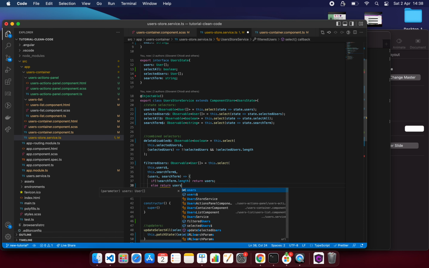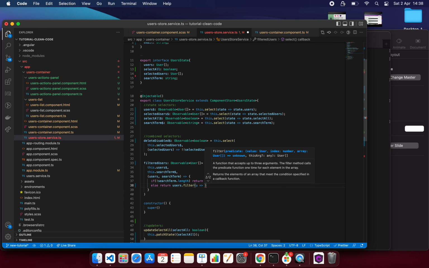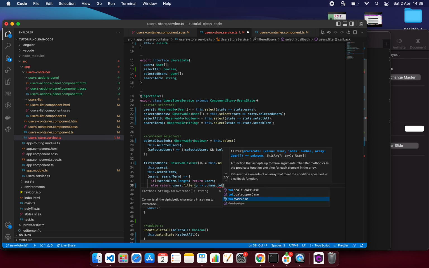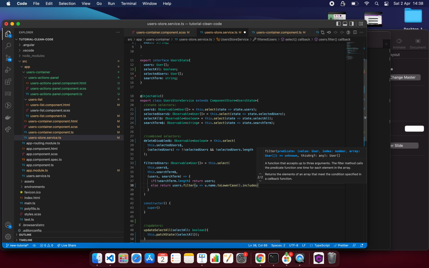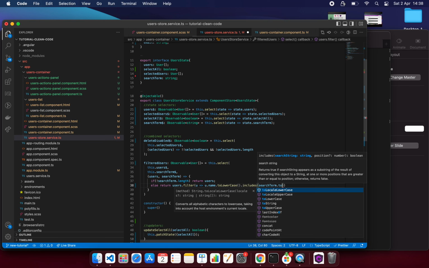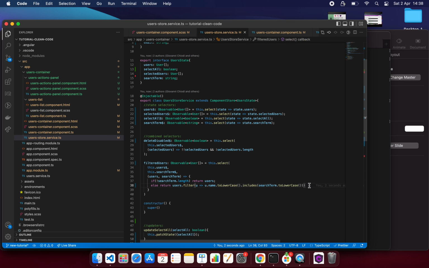Return users filter. Okay, right. Now we have the filtered users, but still,